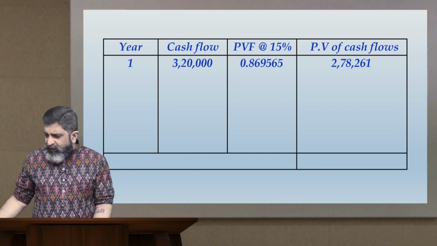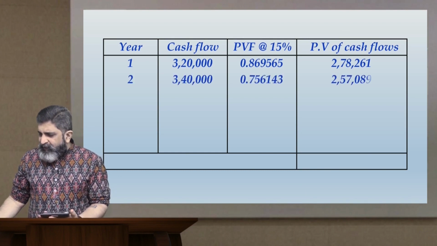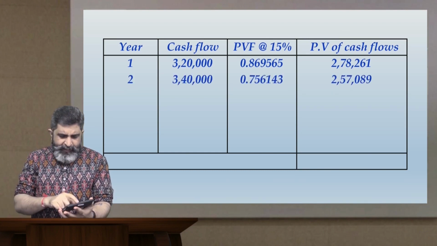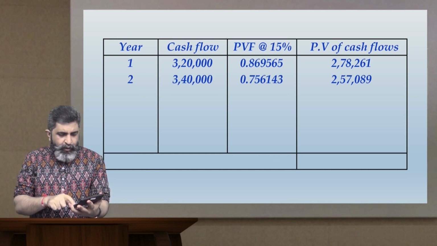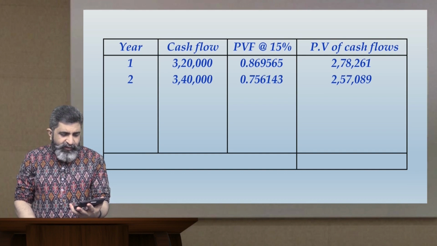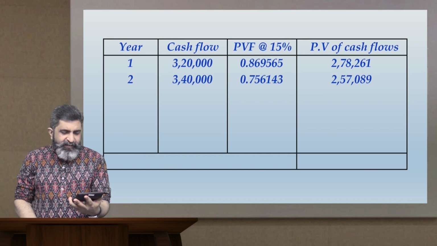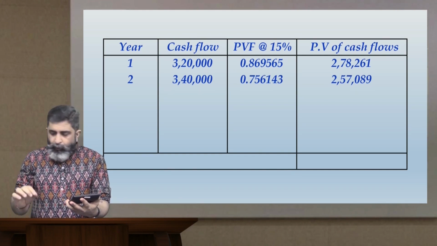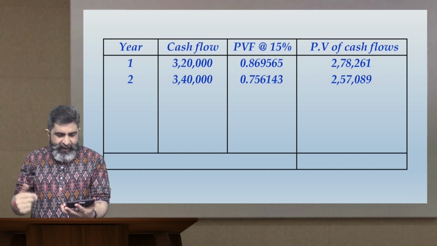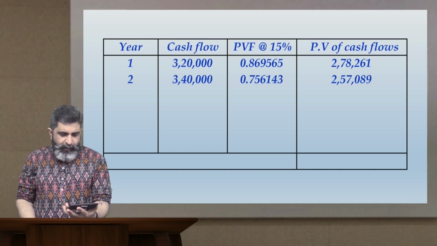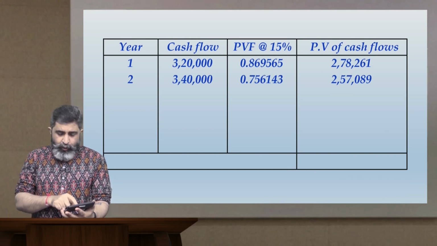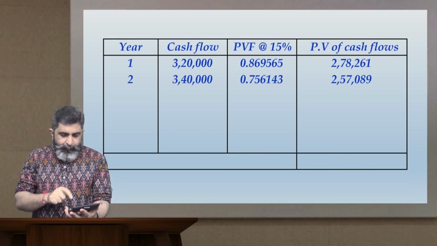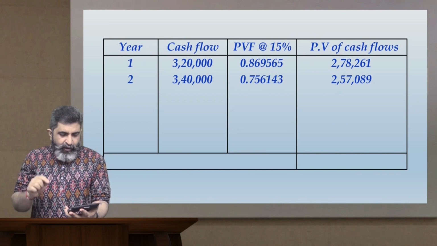And let us check the calculation for the second year. In second year, what will be the factor? 1 divided by 1.15, pressing equal to 2 times. Second year factor comes to 0.756144, or you can write basically 6144 or 6143, anything you write. When you multiply this factor to 3,40,000, you get the present value as